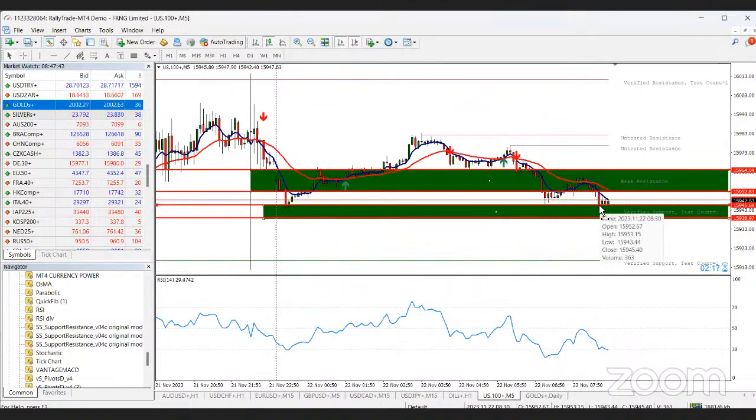If you have opened this market to a standard lot by now, you should have been seeing at least 10, 20,000 naira already. I don't know why people are dull in this matter. Look at what's happening already. You should have bought this market. It's already heading towards your profit zone. And trust me, you do not have to wait for it to get here. If you have opened this market with standard lots already, you will be in good money. 500, 700K and above. You should already be at least with 50,000 naira in this market as I'm speaking to you. So if you are looking for stop loss, I don't know what you're looking for stop loss for. This is money you should be taking.